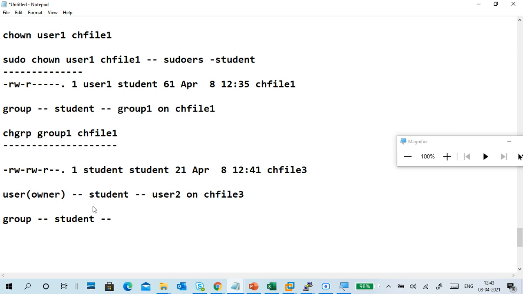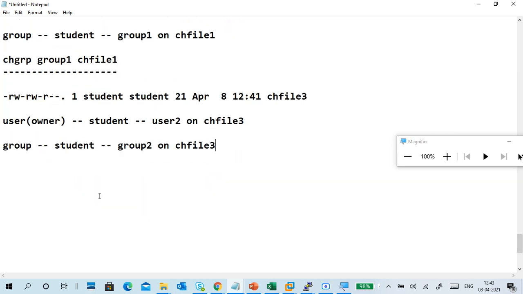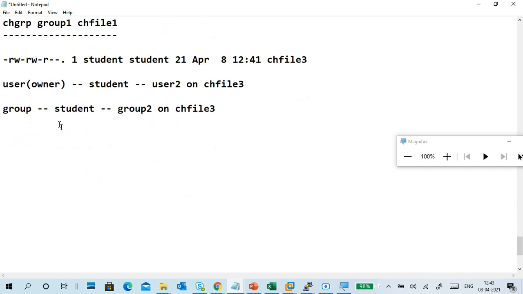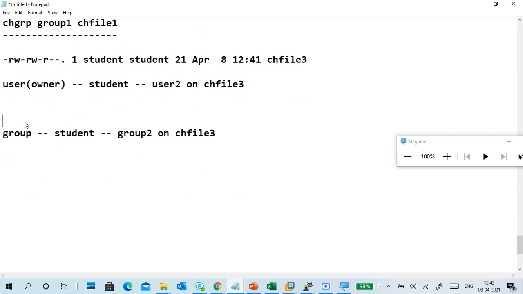I want to change the group to group2 on the file. Guys, now tell me the command: first this one and second this one. How to change ownership?